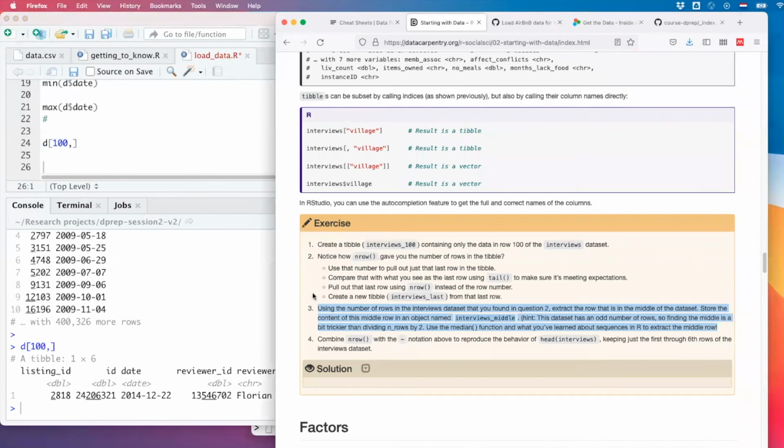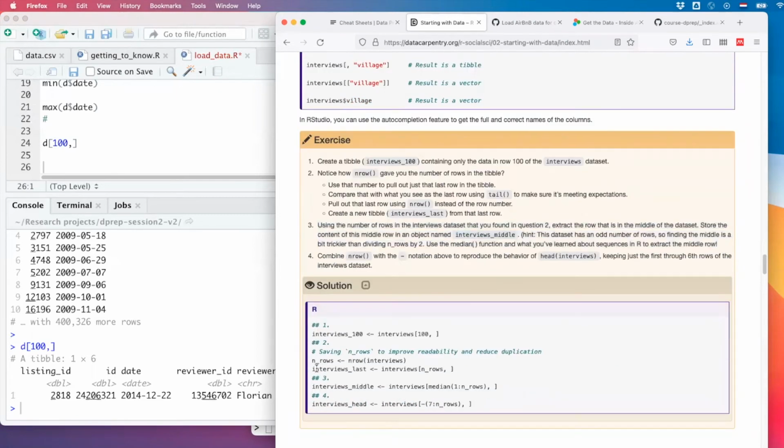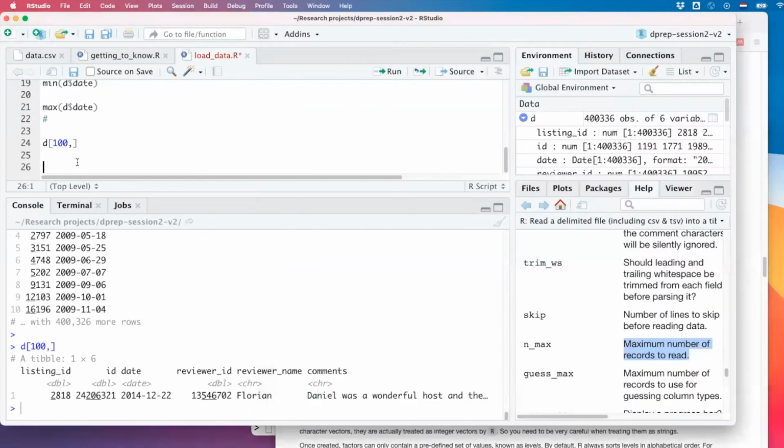Anybody has an answer to question number 3? The row that's in the middle of the data set. How can we do that? How can we determine which row is in the middle without looking at the solution? Maybe it's too obvious because you got the solutions, right? Oh, median. Yeah, that's a smart one. No, it was median. Yeah, we need to compute what's the middle, right?